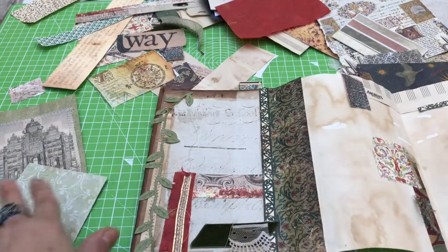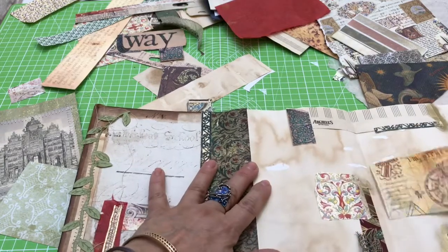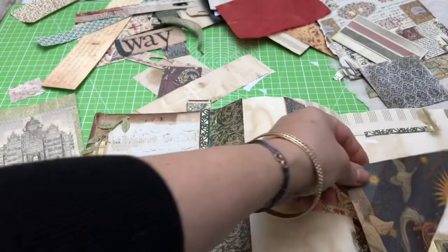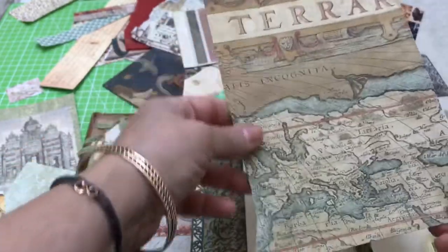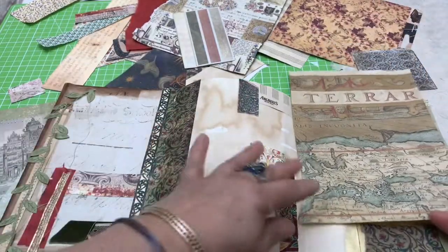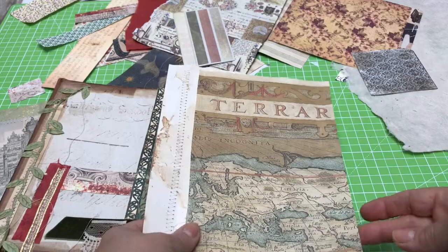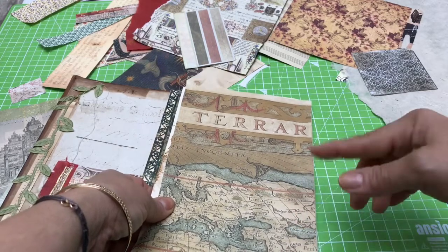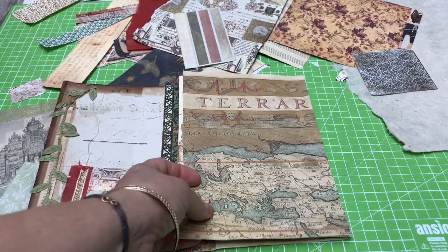So let's see. Now what I'm going to do in this part is finish this, just add a few little details here, or big ones, I don't know, to finish this part. A few more papers to use. This is a medieval map, and I thought I could use this as well, but I don't know if I should use it on the back somewhere. Actually, yes, that's what I'm going to do. I am going to put this on the back, not even as a base, just to put this as part of the semblance, because it's going to have